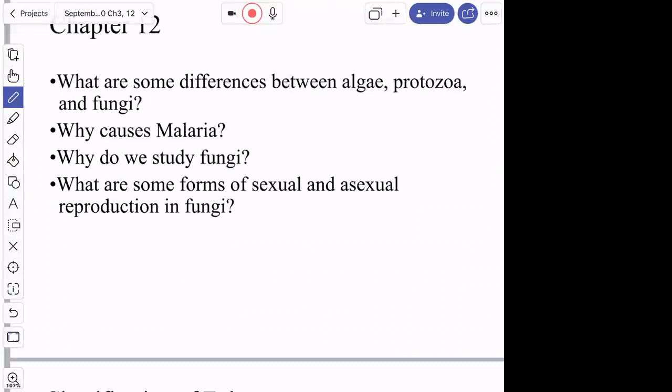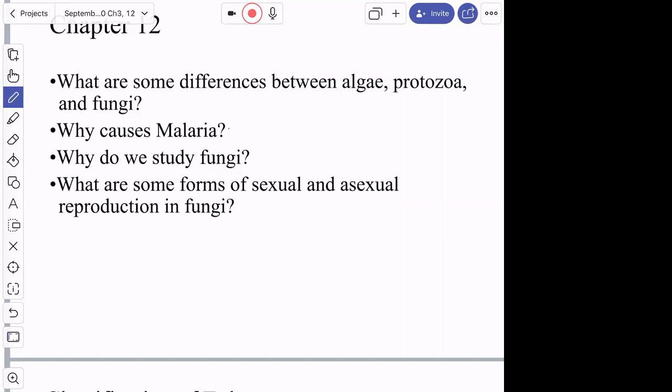Okay, so we should know differences and classification between the different kinds of eukaryotes. We're going to talk a little bit about protozoa in general, and then I like to spend a little bit of time talking about malaria, caused by a pathogenic protozoa, or I think they call it parasitic, actually, is the correct way to say that. We will only mention algae really briefly before we get into the fungi, where we spend a little bit more time. There's a lot of special terminology with fungi that you have to understand,